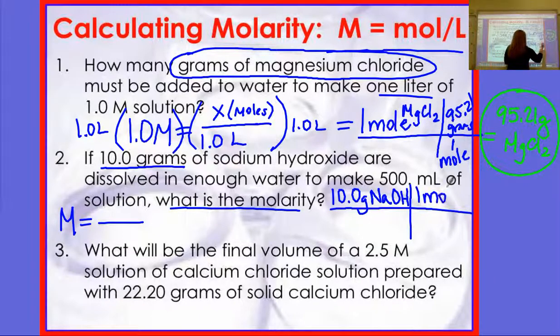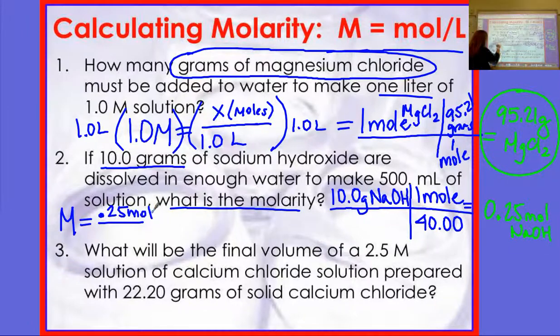I need to convert that, using my snowman, to moles. If I find the mass of sodium hydroxide on the periodic table, it's 40.00. So 10 divided by 40 to get moles will be 0.25 moles of NaOH. I put my moles back in my molarity equation,